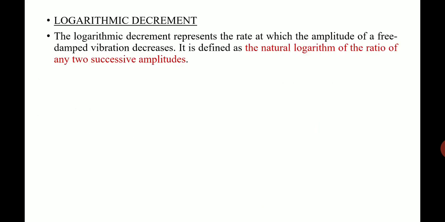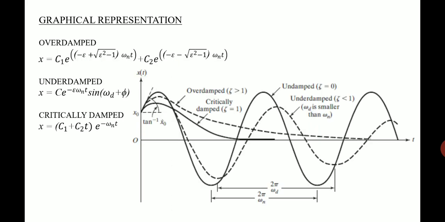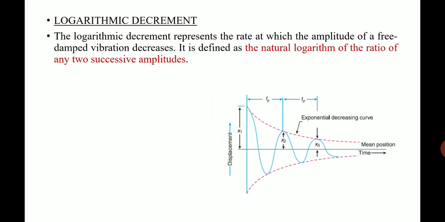Next is another important term which you have to learn. It is called logarithmic decrement. Logarithmic decrement is actually, as you have seen, for an underdamped system where the oscillations die out gradually. See, this is a figure of an underdamped system. As you can see, the first amplitude is x1, then it becomes x2, then it becomes x3, and it goes on